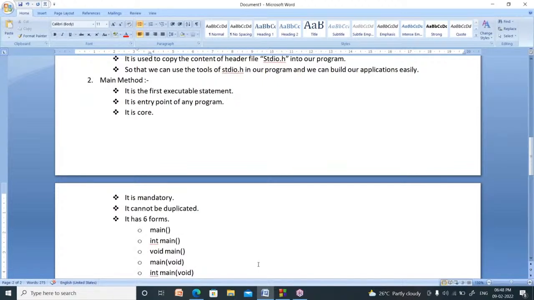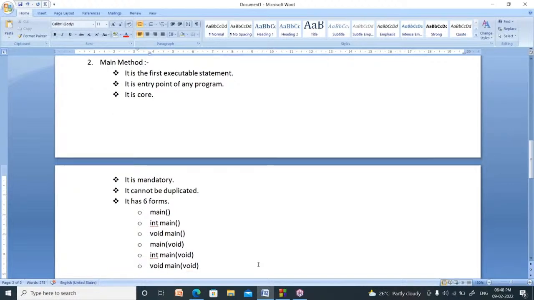You have to write at least one main method. It cannot be duplicated, meaning you cannot write more than one main method in a program. You can write a main method in six forms, just like main, int main, void main, main of void, int main of void, void main of void.